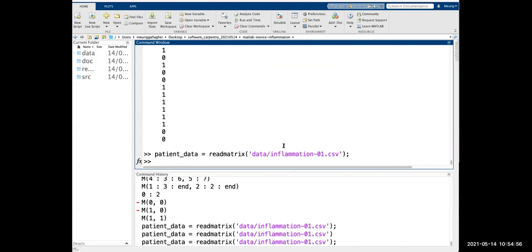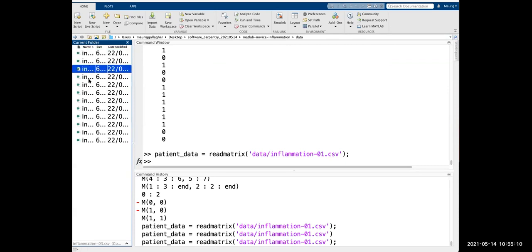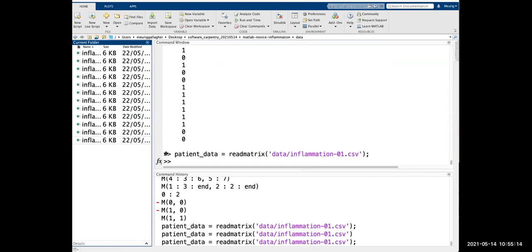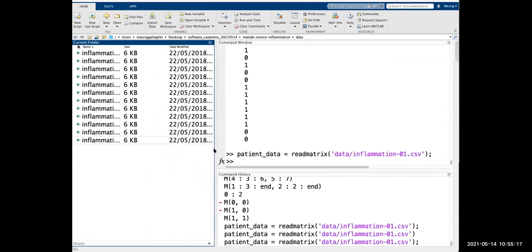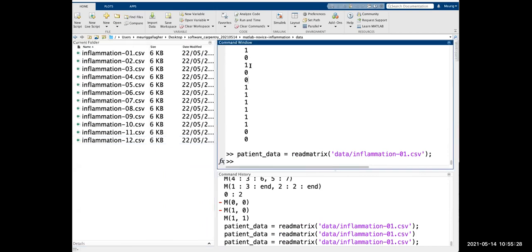I'm trying to get it, but it's saying undefined. So are you in the data folder already? Where do you have your information CSV? If you look in my data folder, if I go into it, you can see I've got all my files. So I'm trying to find where my file is. I put it in a folder on the desktop. How can I bring it in the first time?